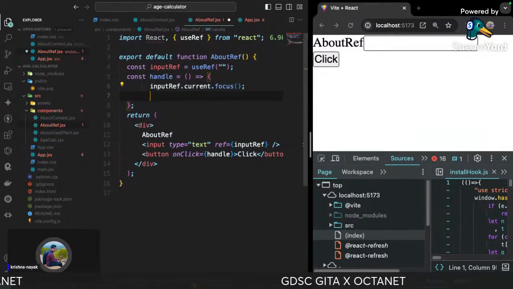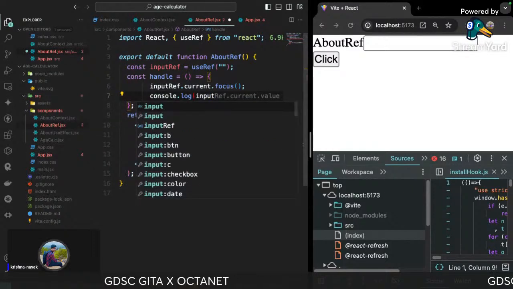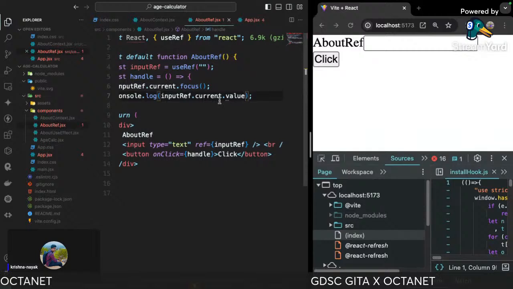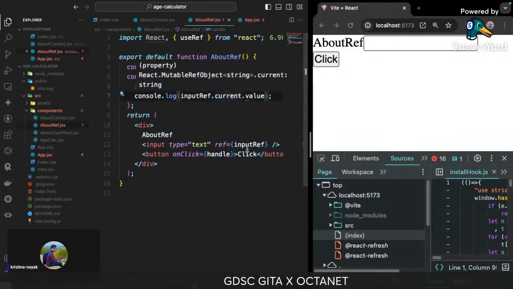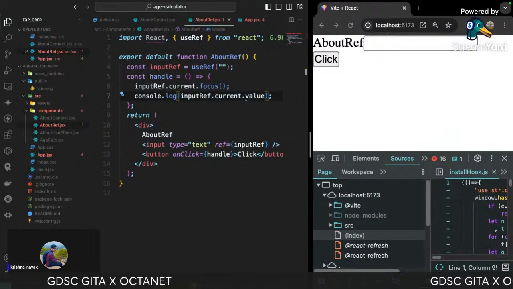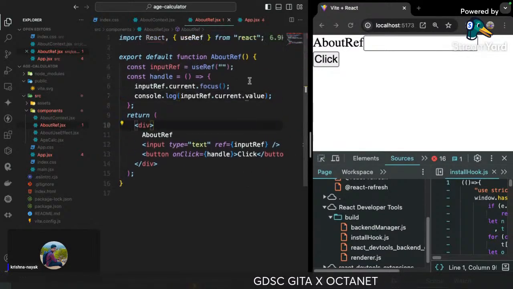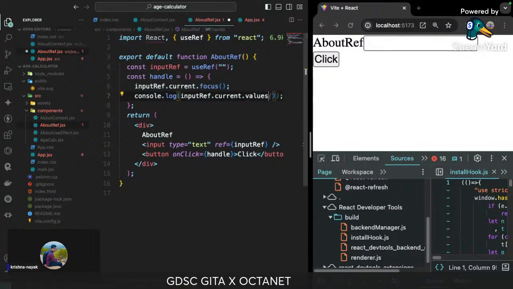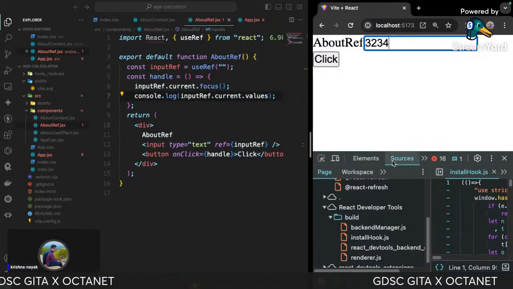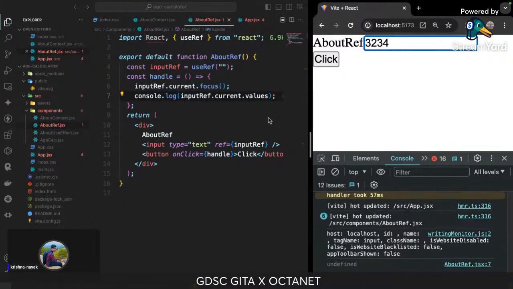Suppose I want to know the value: console.log inputRef.current.value. If I try to print this, try to click over here, see,